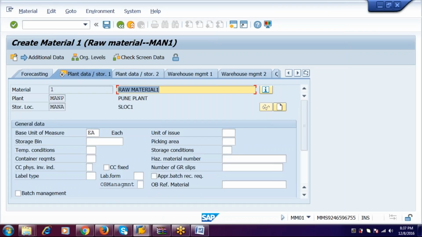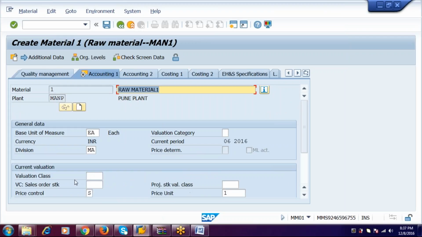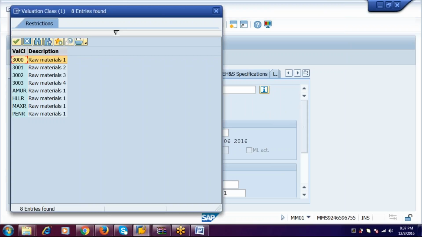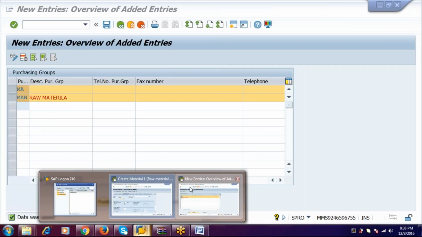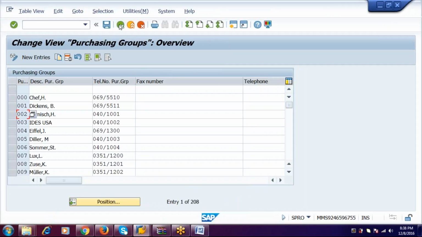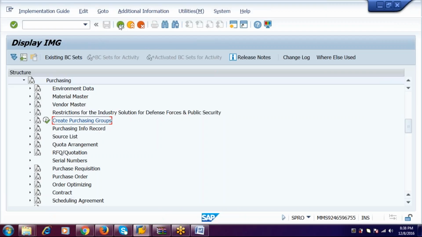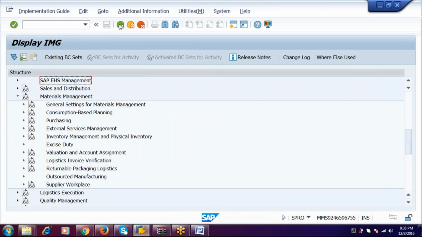And just press enter. Now it is asking about some other things. Initially we don't require anything. And at last we have to go for the valuation class. But do you have any valuation class with you? No. But we can create our own valuation classes. How to create the valuation classes? Let's say the valuation area is nothing but like a plant, right? And the valuation class is nothing but like a type of the material. For creation of the type of the material, from this,